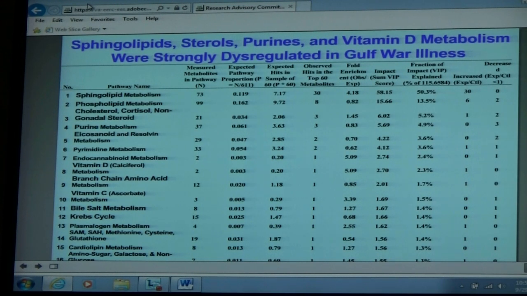And then we have, again, purine metabolism, and purines, by the way, are precursors for ATP. And we have eicosanoid and resolvin metabolism as number 5, and we saw eicosanoids in these prostaglandin and leukotriene phenomena. And we also have things like number 10, vitamin C, which again is antioxidant or oxidative stress related. Number 12, Krebs cycle, which are these intermediates involved in energy production, plasmalogens, and then as number 14, glutathione, cysteine, methionine, et cetera, which are, again, this other